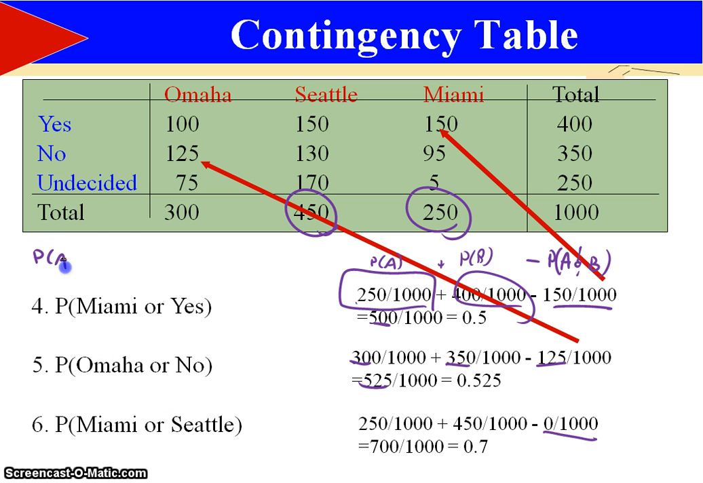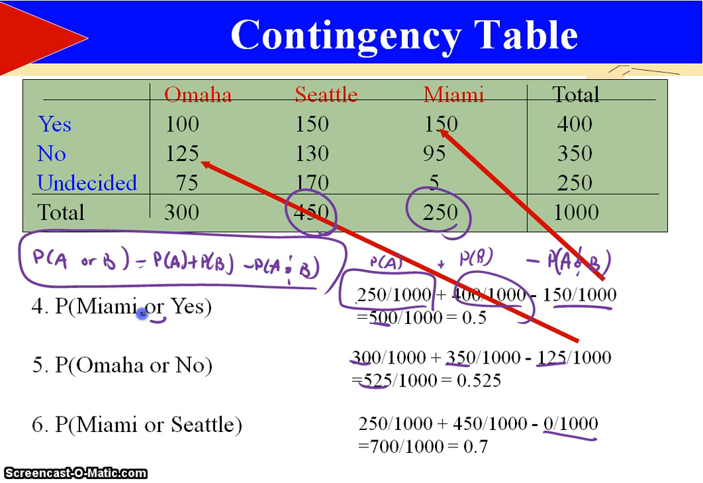The probability of A or B, if I could write, the probability of A or B is the probability of A plus the probability of B minus the probability of A and B. So this is the rule for when you're doing or probabilities. So you find the probability of this one, find the probability of that one, subtract off wherever their overlap is